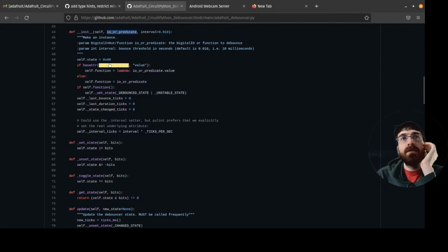Okay, so if the thing that came in has the attribute value, then set the function to a lambda, creating a function, which is basically just going to return predicate.value, which is true or false. Else function is equal to this directly.